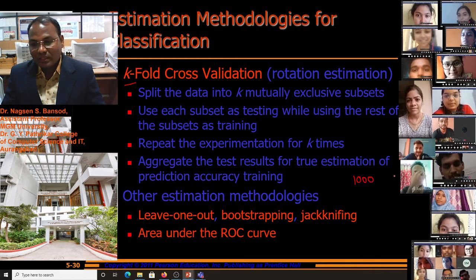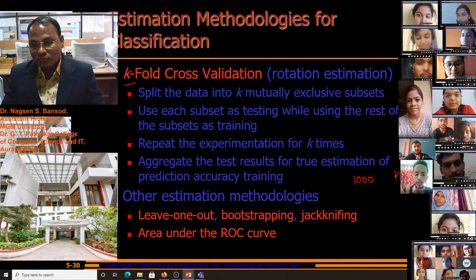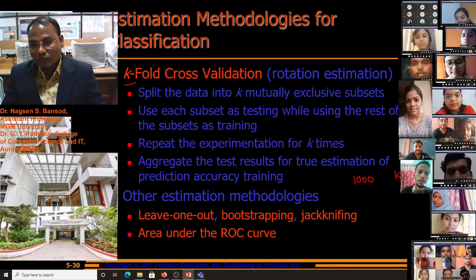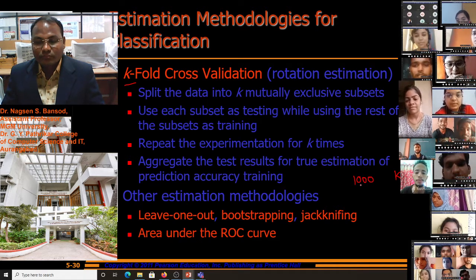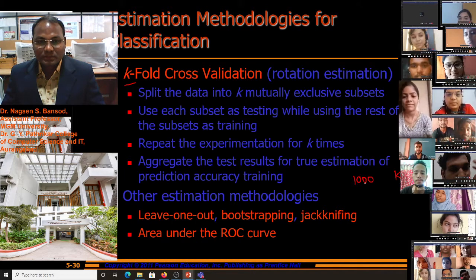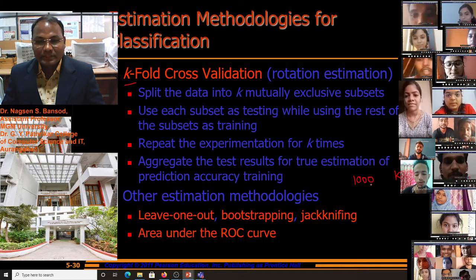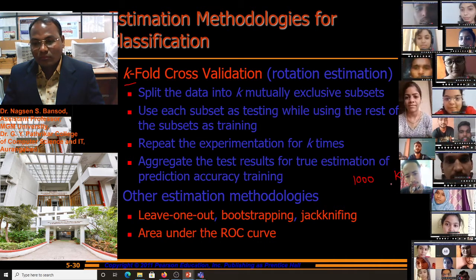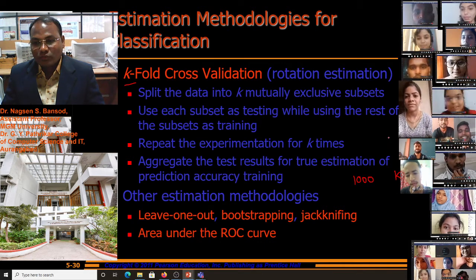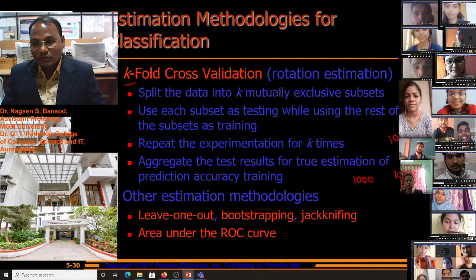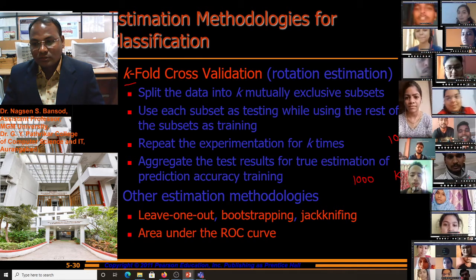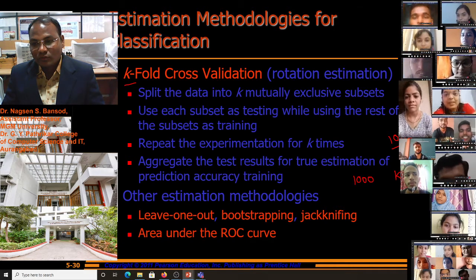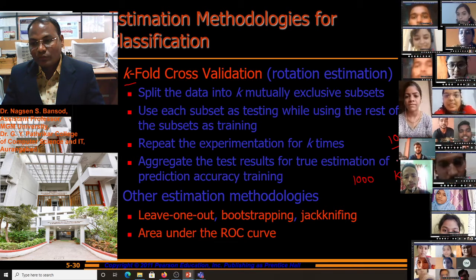We will select k equal to 5. Then we split the data for cross validation into 5 segments, so 1000 divided by 5 equals,